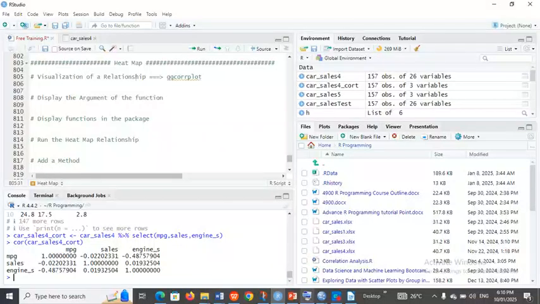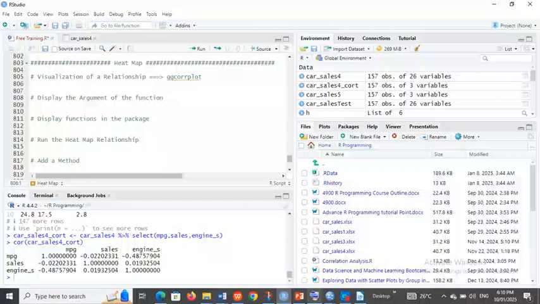The heat map shows the relationship among the data sets in R, especially when you want to see the relationship among more than two data sets in R. So we can use the heat map to show that relationship among the data sets. First and foremost, we are going to use the ggcorrplot. Now there are different packages you can use, but in this particular tutorial, I'm going to use the